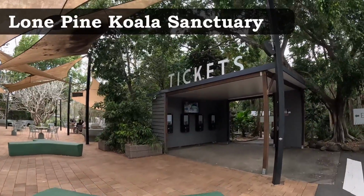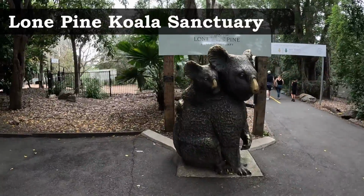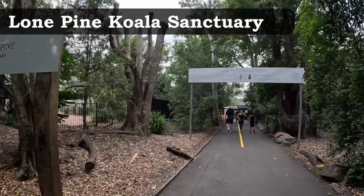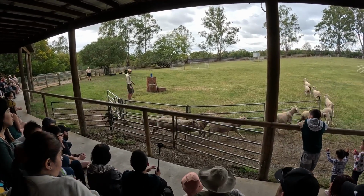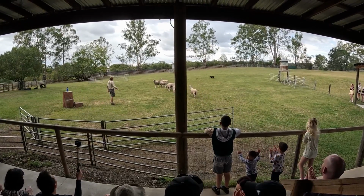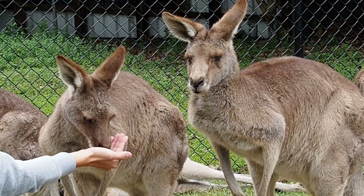So what if your one day in Brisbane was actually your only day transferring through Australia? Then you might want to consider seeing some Australian animals like kangaroos and koalas. The Lone Pine Sanctuary is only 15 minutes away from the city and has a couple of public transport options to get you there. Not only is it an ideal experience for the kids, but you can also check out